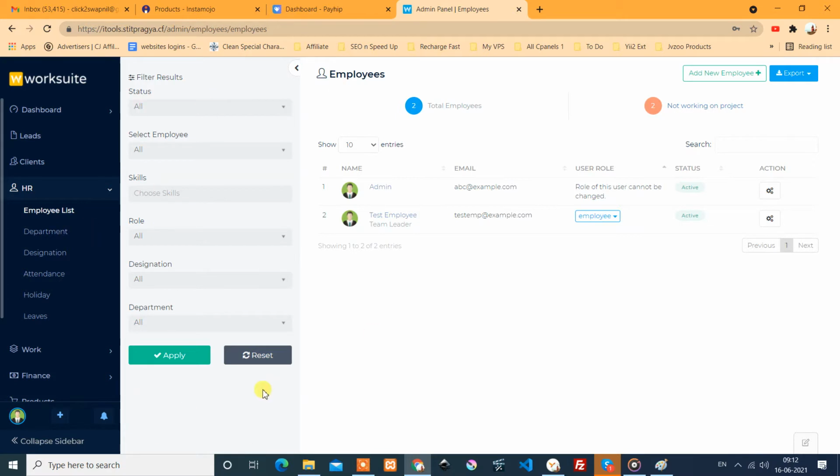This can be used for searching, because in a real case you don't have only two employees, you have multiple. So a search facility is already provided there. So we have seen the employees, departments, designations, then attendance. Attendance is there.